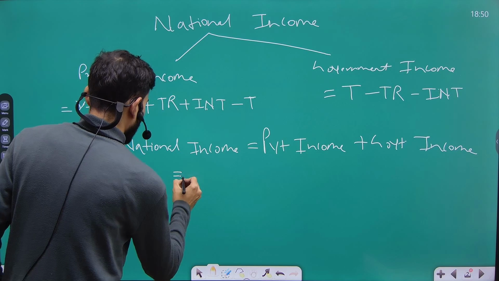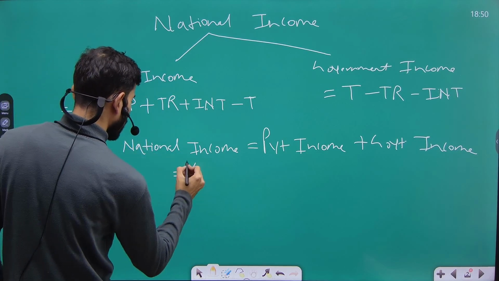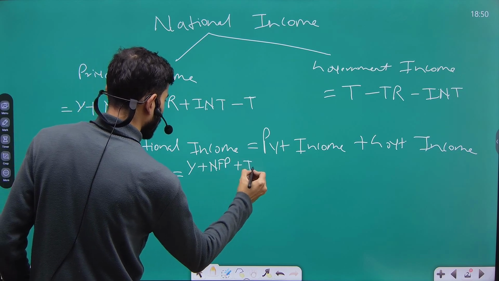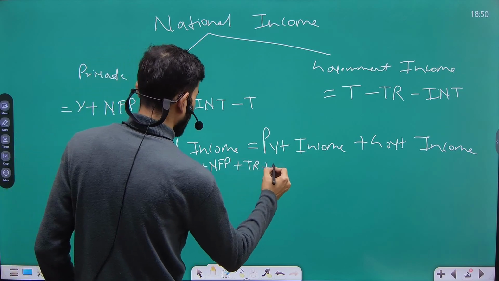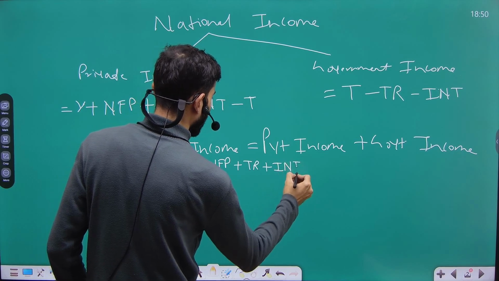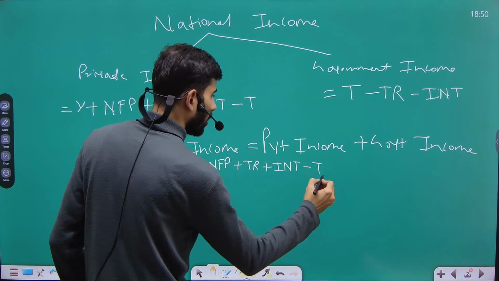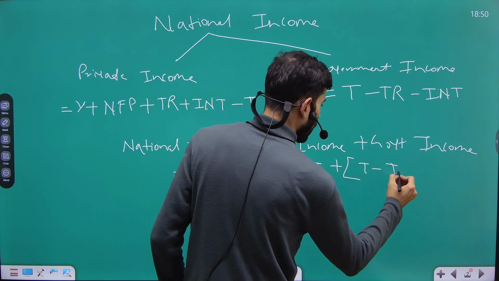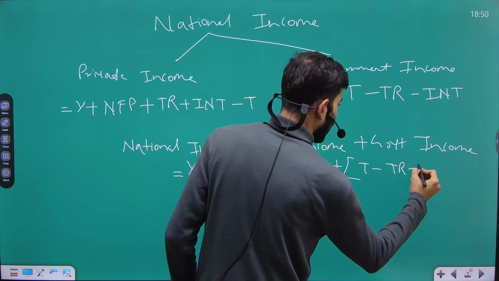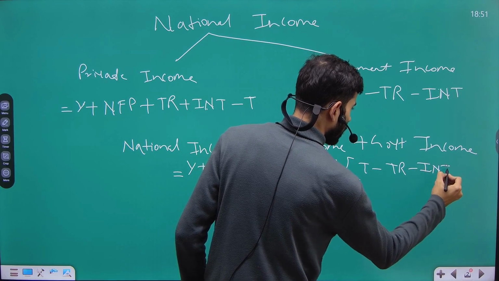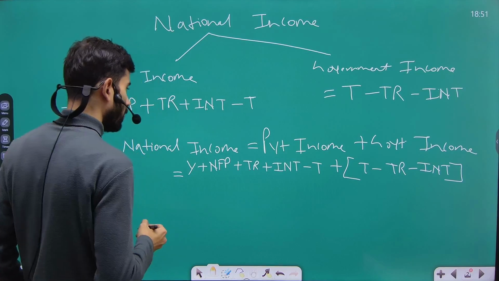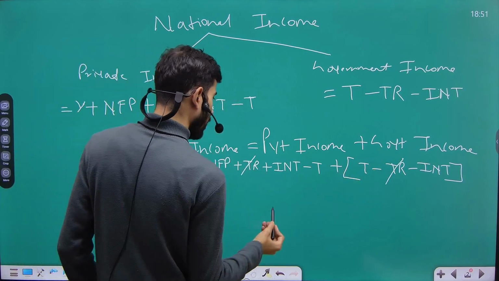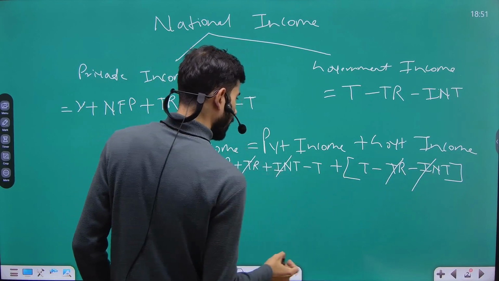Let's do the summation. So private income is Y plus net factor payment from abroad plus transfers plus interest payment to private sector and minus taxes. And now plus government income, which is taxes minus transfers minus interest payments. So here transfers will be cancelled out, plus minus, same goes for the interest payments, and same goes for the taxes,